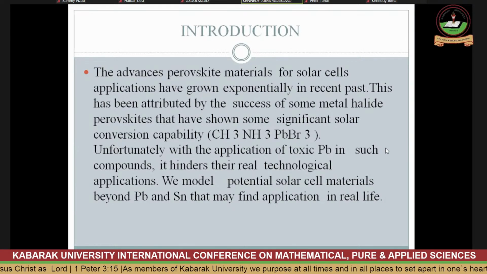Unfortunately, the application of toxic lead in such compounds hinders their real technological applications. Therefore, to model potential solar cells beyond lead and tin so that they can find applications,